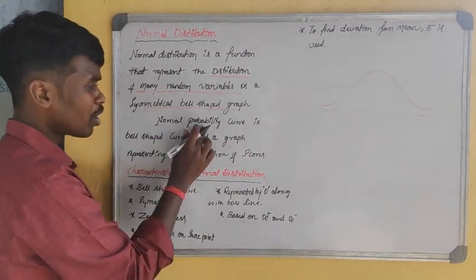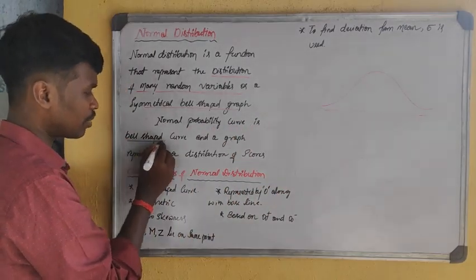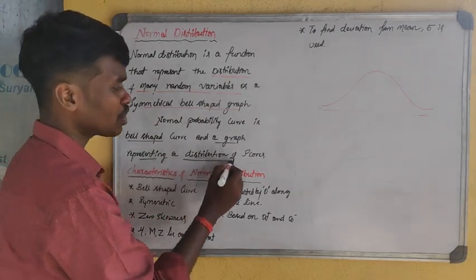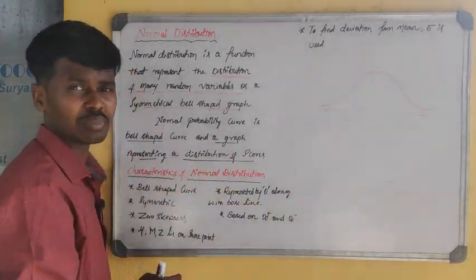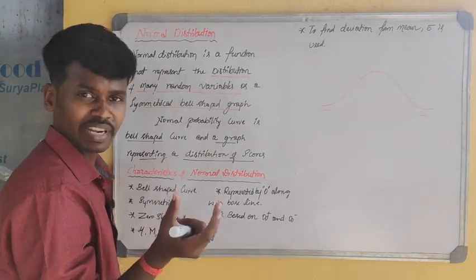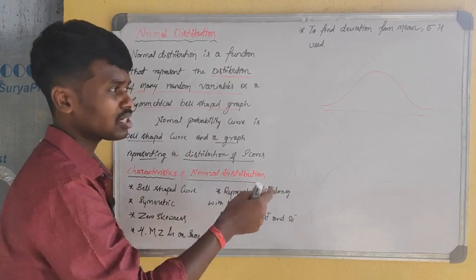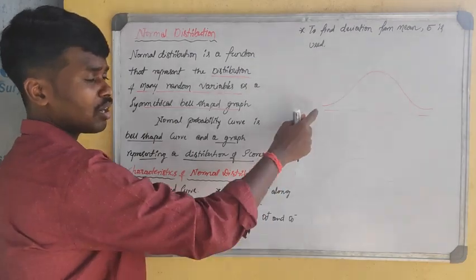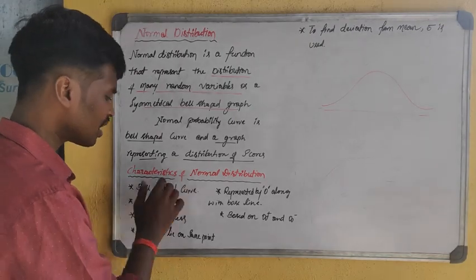See, this is the normal probability curve. The normal probability curve is a bell-shaped curve that we know, a graph representing a distribution of scores, which are nothing but the random variables. This bell-shaped curve distributes and represents the various random scores or outcomes of an experiment. The distribution of random variables using a bell-shaped graph is known as the normal distribution or normal distribution curve. Okay, so this normal distribution curve has certain characteristics.